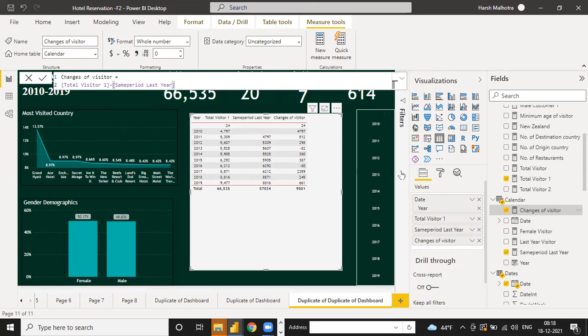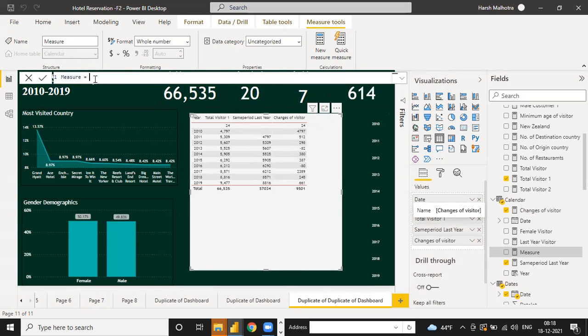And now you have to calculate your percentage wise. So just create a new measure. Changes divided by total visitor, this value will give you the percentage wise answer. Percentage change in visitor year on year.